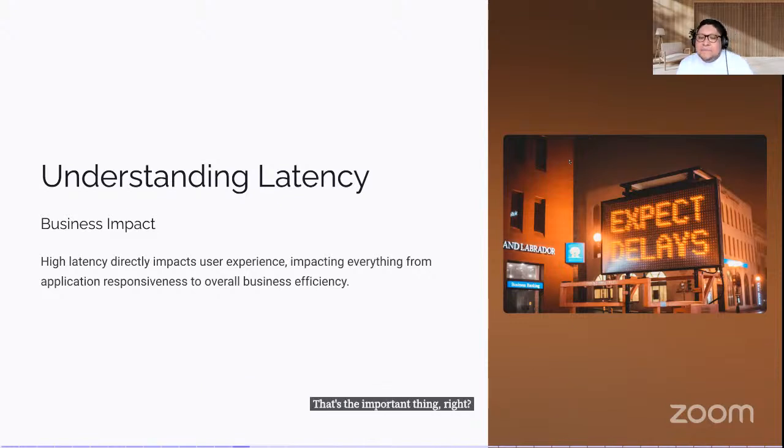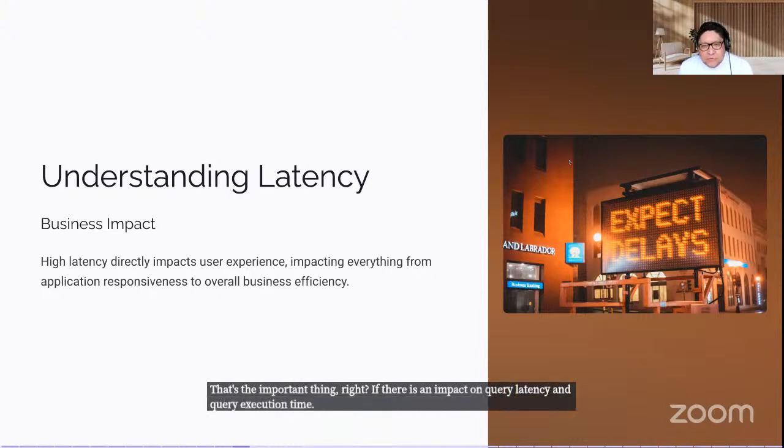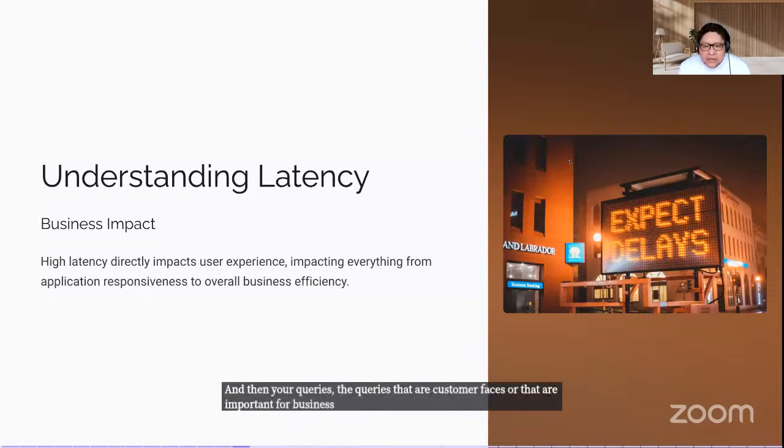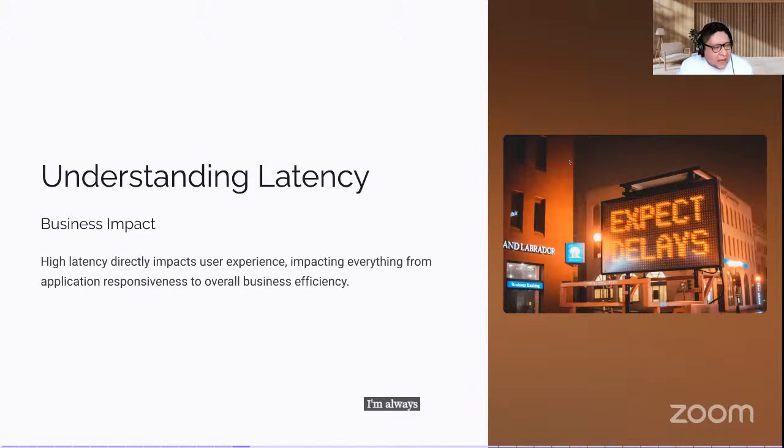If there is an impact on query latency, on query execution time. You can have load average going up, and your queries that are customer facing or important for the business are still okay. It doesn't matter, right?